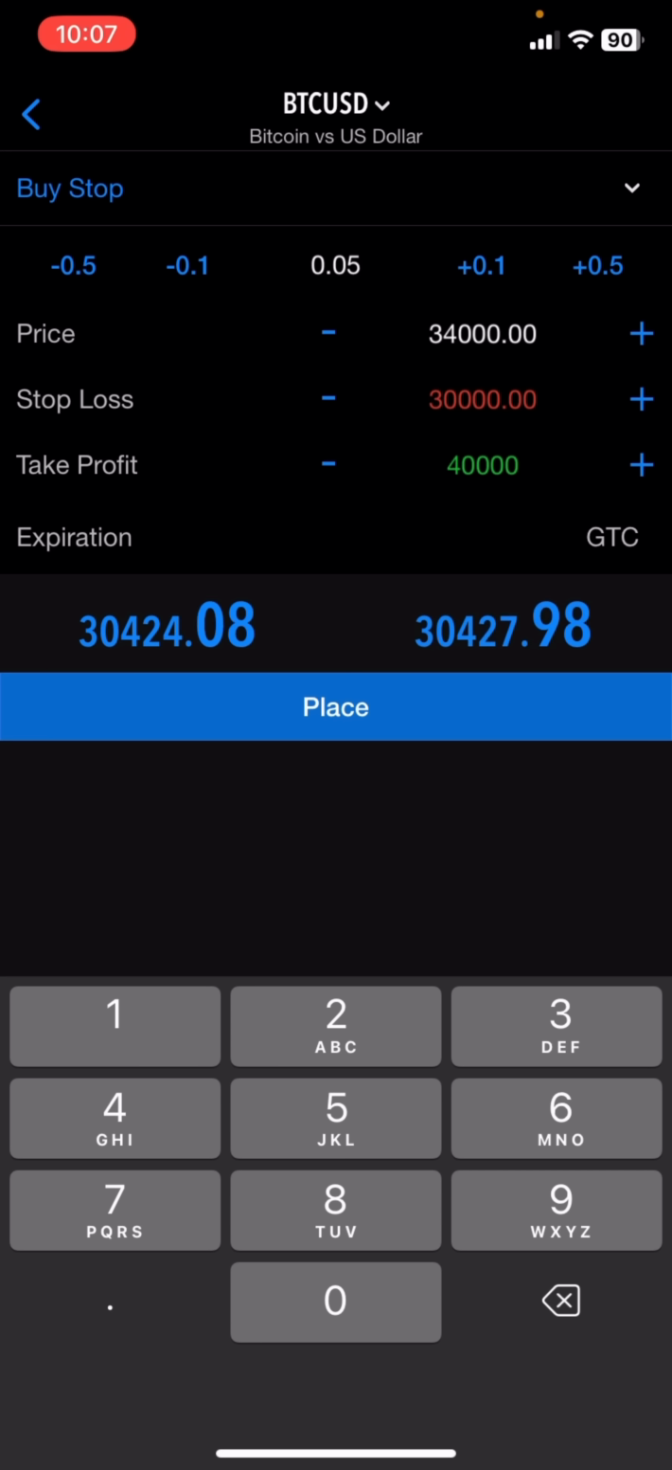So now buy stop means that you're buying above the current market price. Buy limit means that you're buying below the current market price. So now